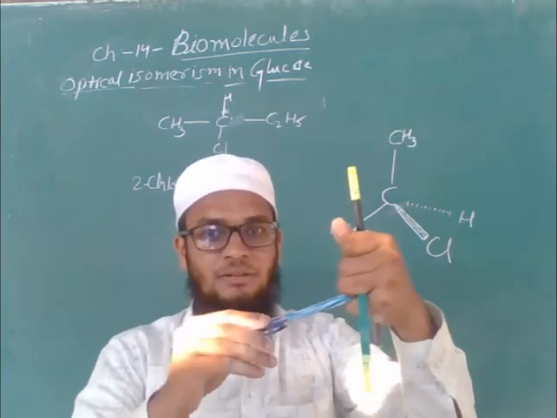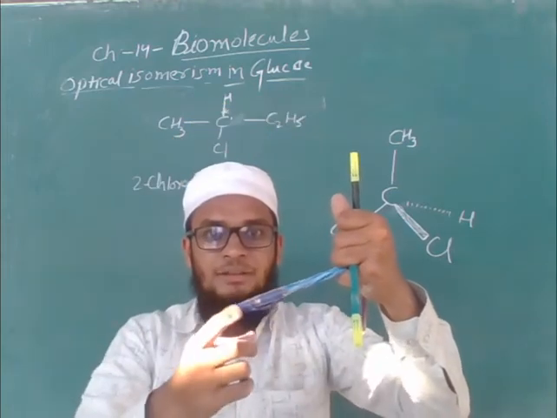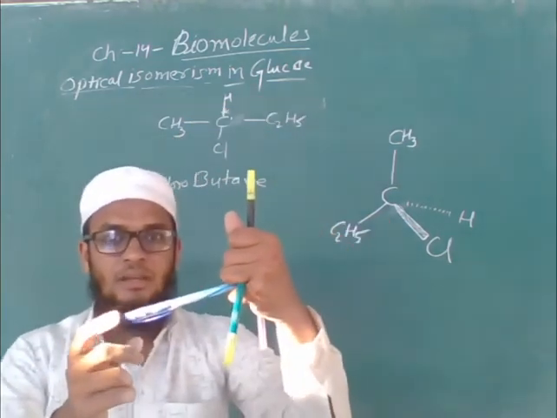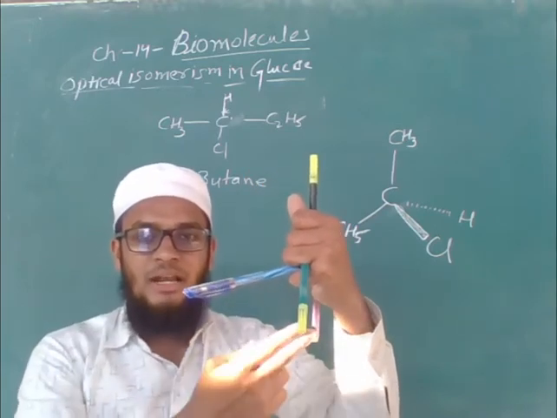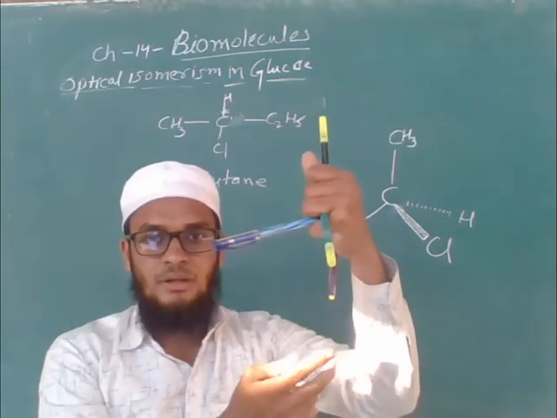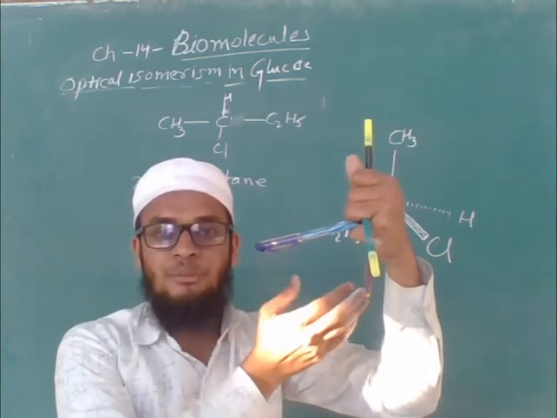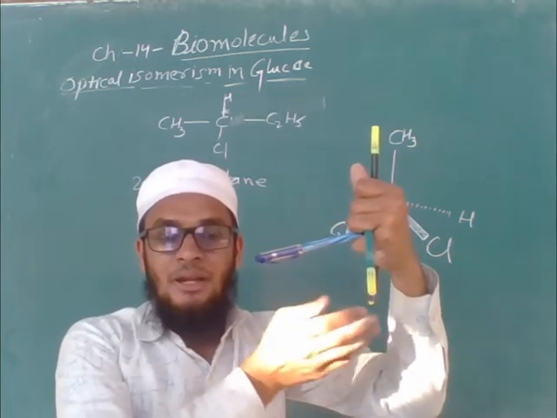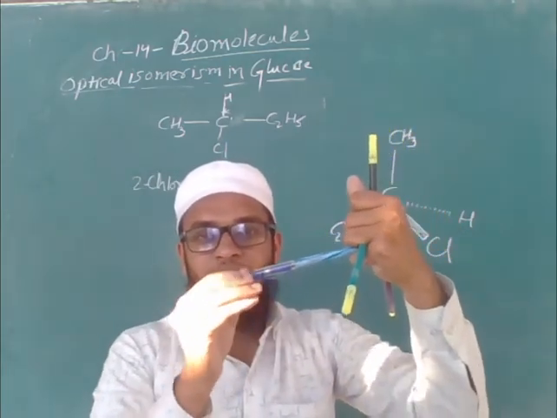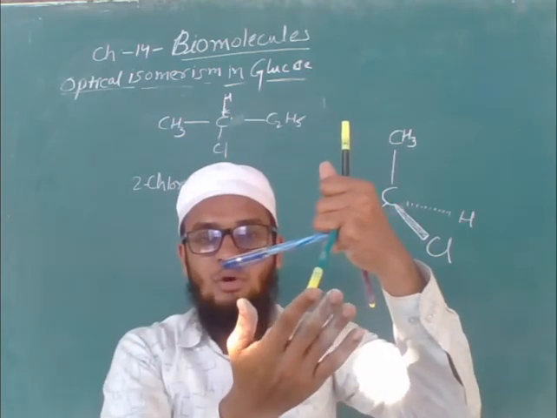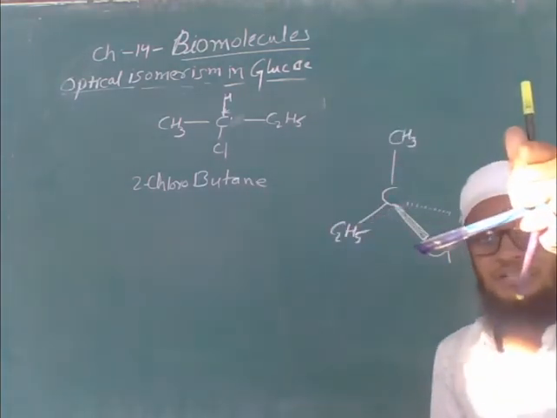I am attaching it here. So can you see? This one is our methyl. This one is our ethyl. This green color pen is coming towards you. It is our chlorine, and this blue color pen is going away from the board, back of the board. It means that it is below, back of the board. It is written with the dashed line. So this is our ethyl group, this is our methyl group, this is our chlorine, and this is our hydrogen. So in this way we can write our 3D structure of molecule.